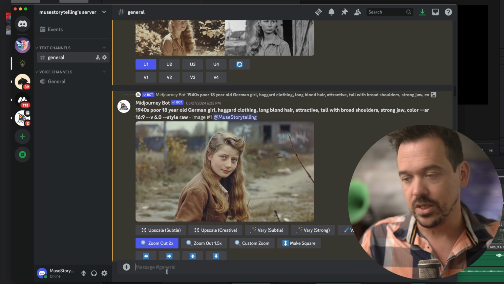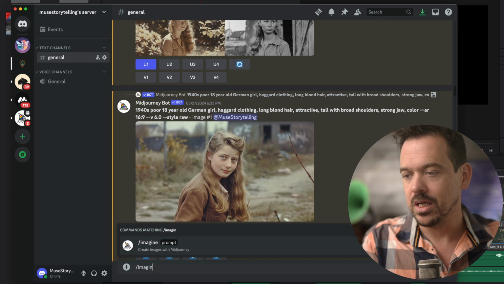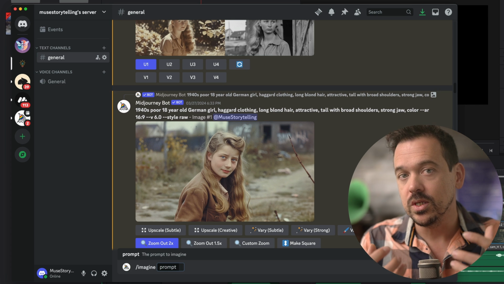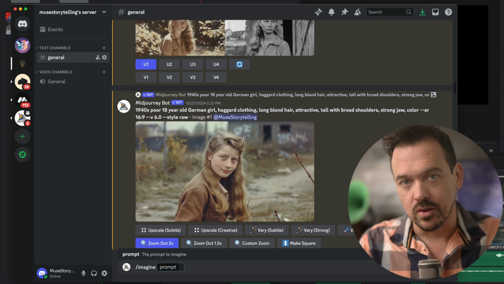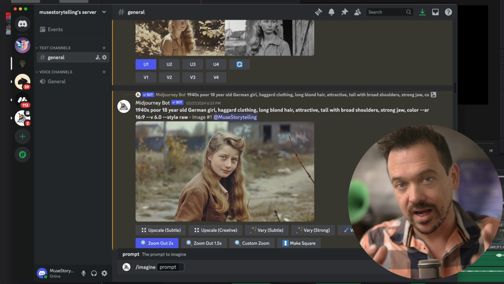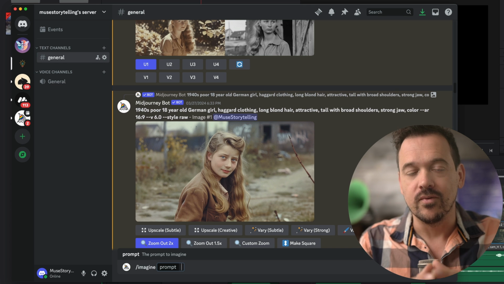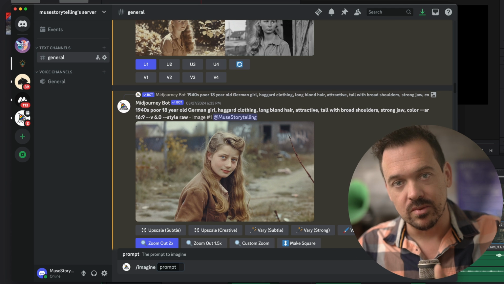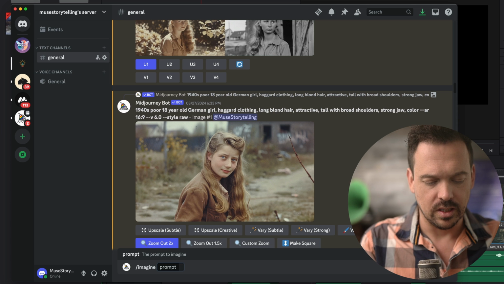So, for example, I can come in here and type imagine, and where this really works well is you still want to share the details of the character. So we would still say 18-year-old, 1940s, blonde hair, that kind of thing. And then we would actually use the character reference. Whereas if you just say somebody walking outside and attach the image, you're going to find that you don't get quite as good of results. So we could say